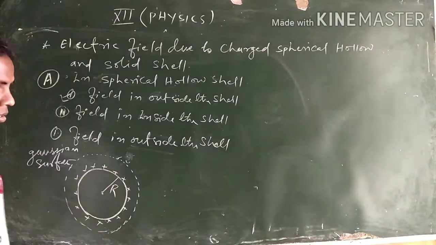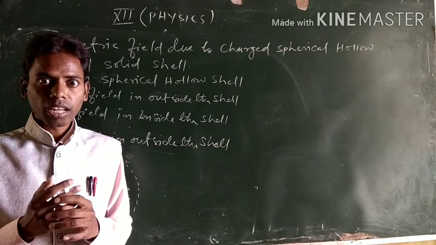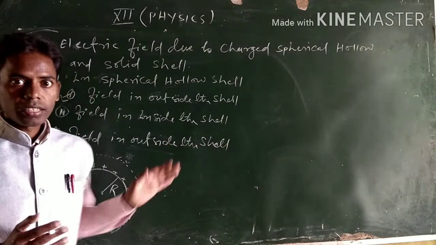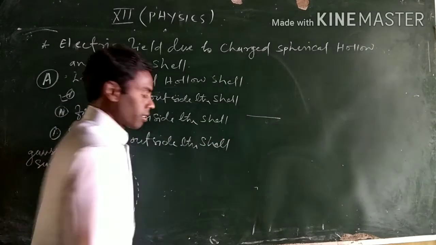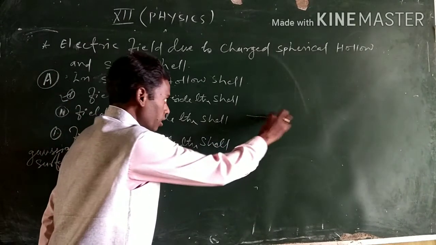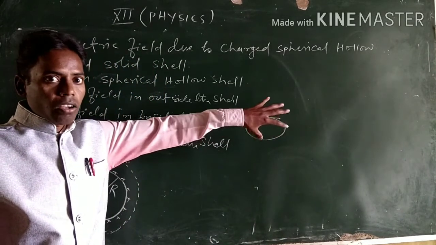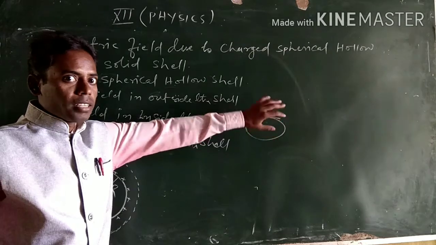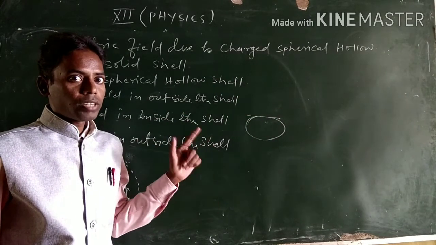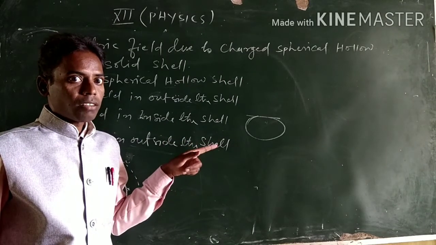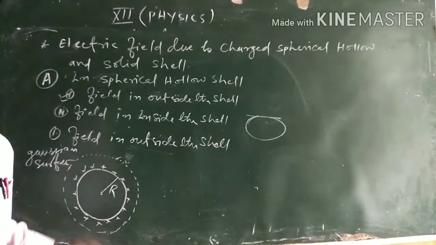This shell has only area, not volume. That means we cannot say it is the length of a wire. Suppose we take this wire and fold it, okay, that means make a spherical shell, but we are taking the area. That's it. In place of ds, we have to take the small element ds, and we have to use the area of this shell, okay.